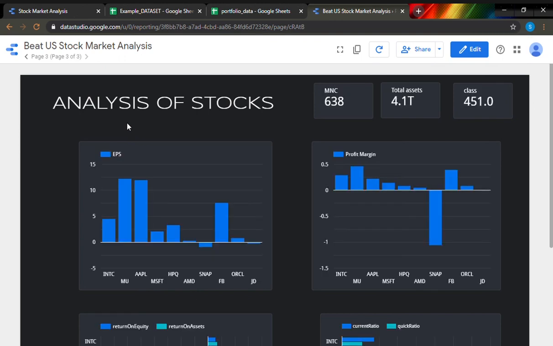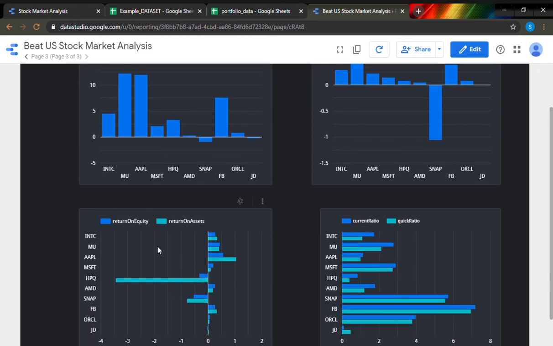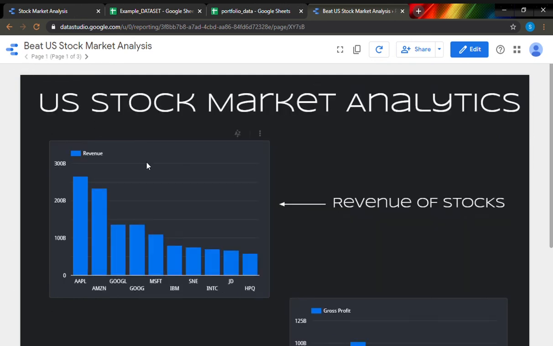That would be the main financial indicators for our data set, for our data analysis of stocks. Now here, as I said, I have used EPS, that is earnings per share, profit margin, return on equity and assets, current ratio and quick ratio. Now in the first page, I have used revenue.